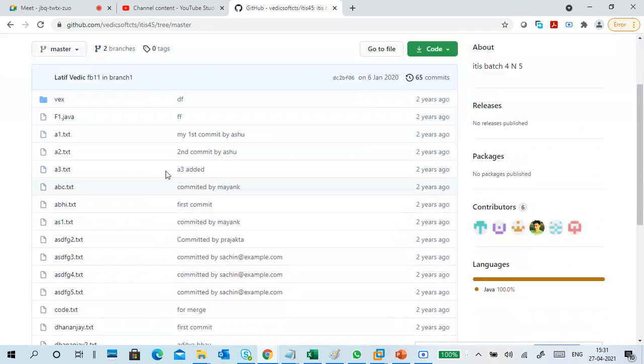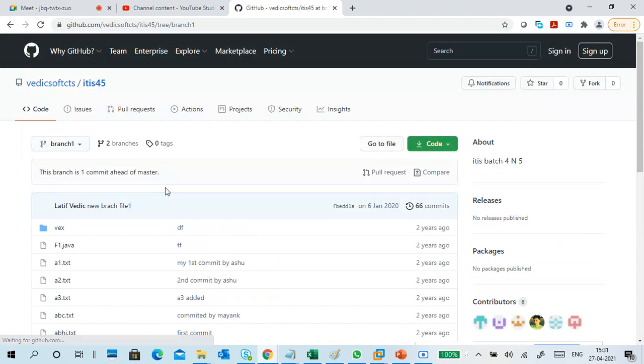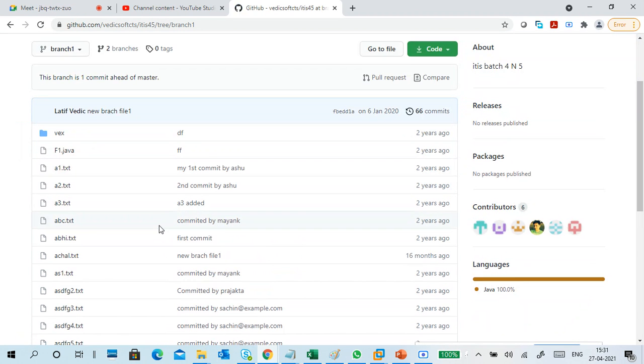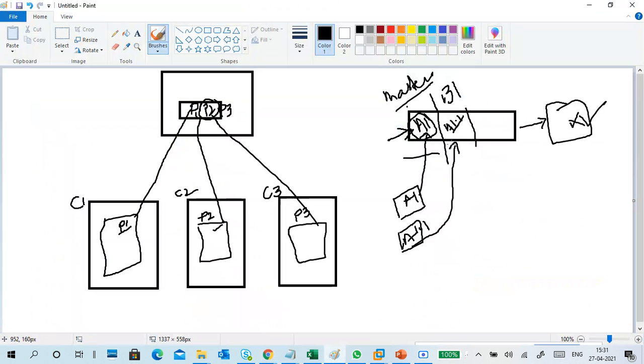This is the master branch. I keep the source code in the master branch, and I want to develop that source code and deploy it to the next level. So I develop in a branch. Like that, I will create multiple branches as per the requirement. This is my source code, and I created a new branch. In the branch, I take the source code, develop the new version, and release it into the market. If it is not working, still no problem. Our source code is safe. So then I can do it again.